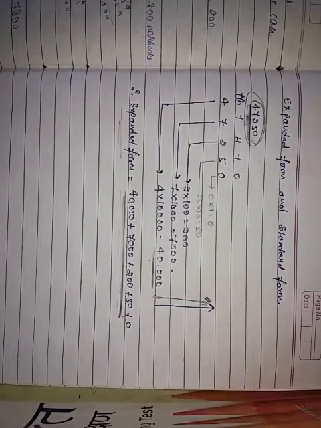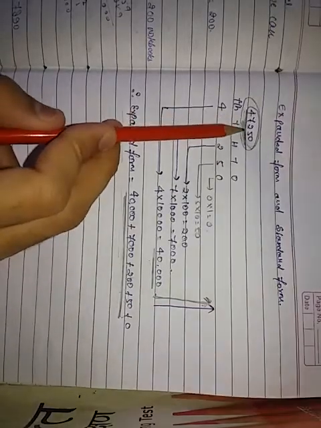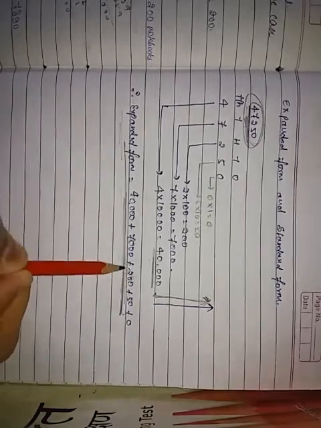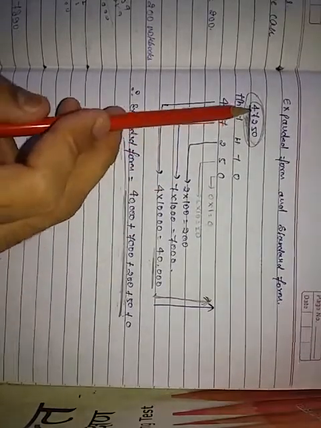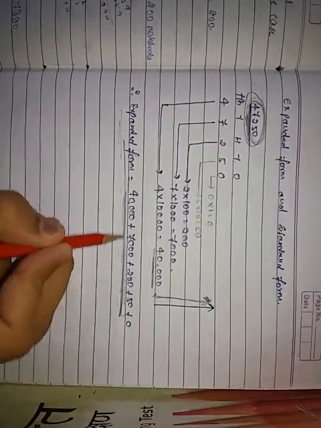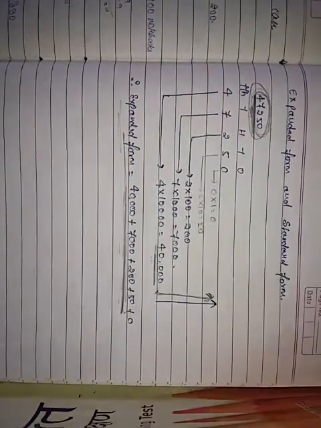In the question you will be given either the standard form, and they will be asking you the expanded form, or you will be given the expanded form and they will be asking you the standard form. Right. So if the standard form is given, do this operation. If the expanded form is given, means you are given this in your question and you have to write the number in this way, then simply make the addition of this and write them like this. You will get your standard form.